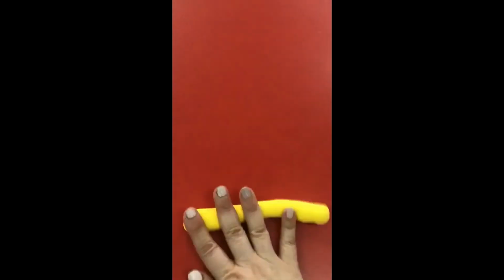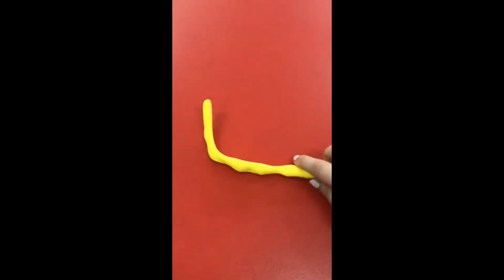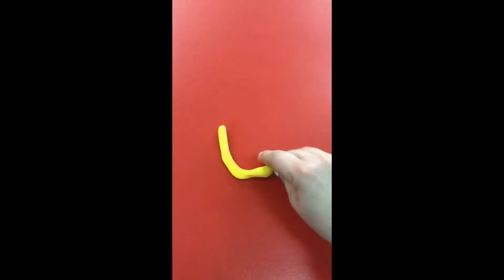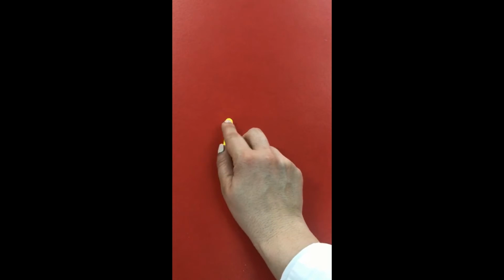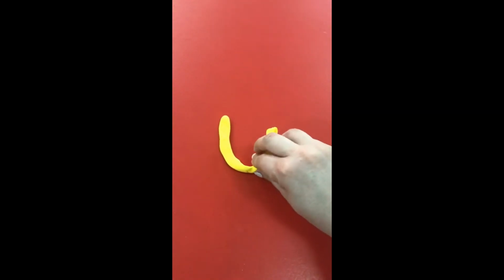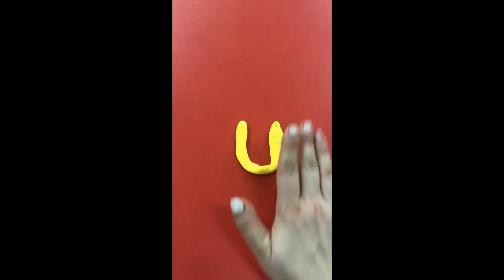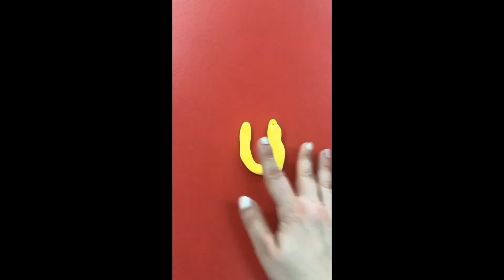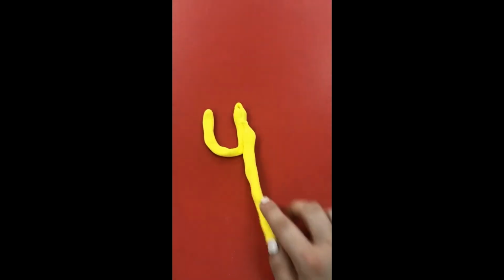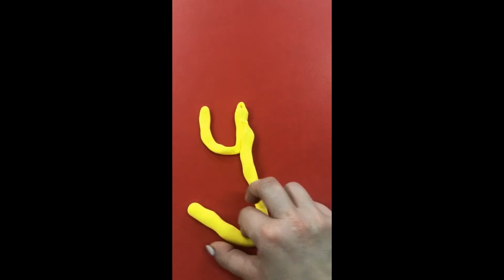Let's start from the beginning. Make a bowl. Roll the bowl. Roll it. Okay, here we go. We make a line down and we turn, we round it and we go back up. Okay? And then take the other part. We attach it to the top part. And we go down and